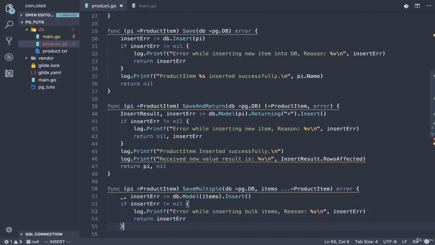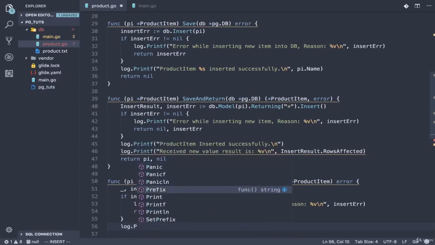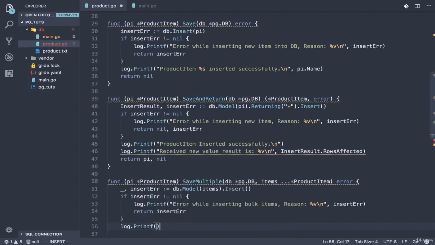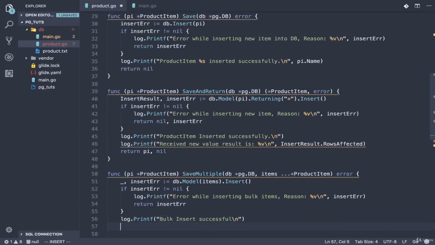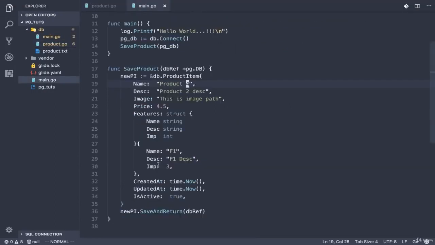Set error or print bulk. As you can see, we did bulk. What we're gonna do, it's called